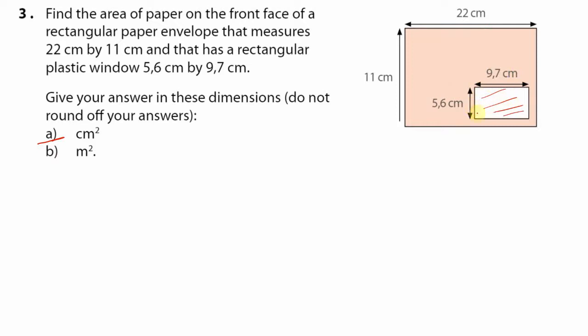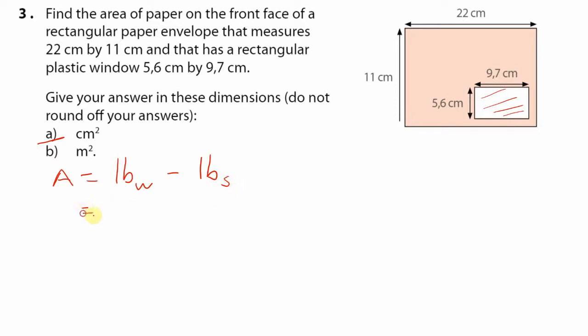Then subtract the small area of the plastic part, and you will get the remainder, which is just the shaded part. So therefore the area equals the length times breadth of the whole minus the length times breadth of the small